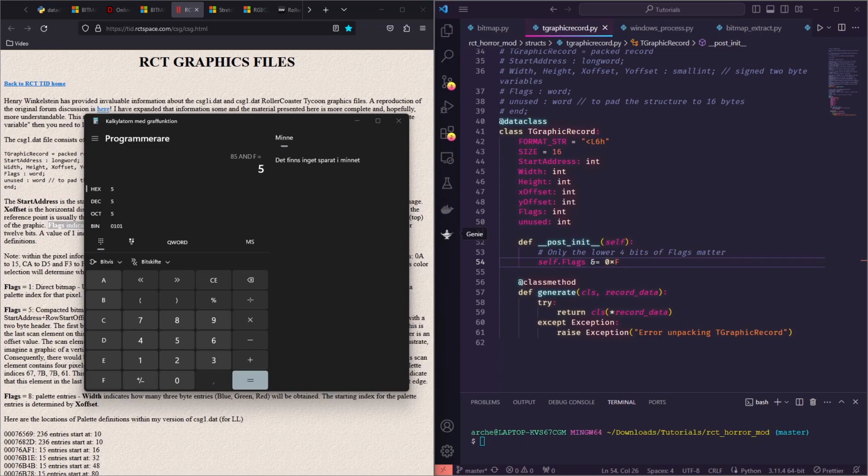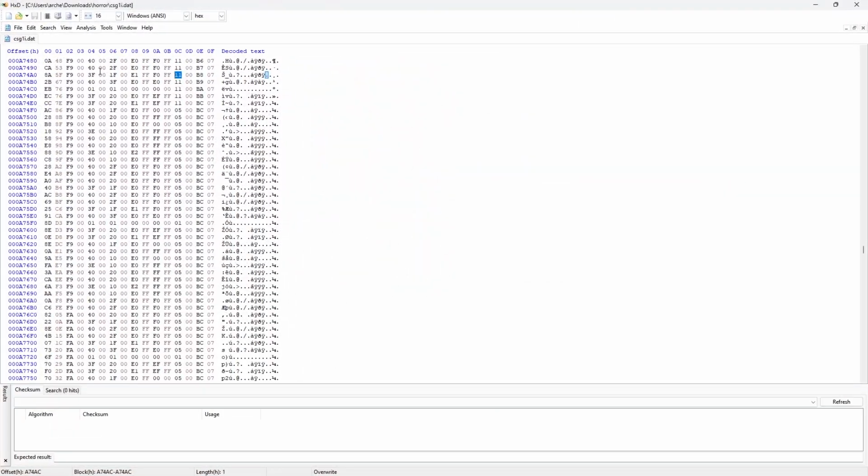So when we go through, in fact, let me see if I have an example here in CSG1i.dat where the flag is different. I don't think when I looked through there actually were too many examples, if any, where the flag actually had that upper bit set. But let me see real quick. I'm just browsing through. Okay, yeah, actually there are a couple here I see. So like in this row here,